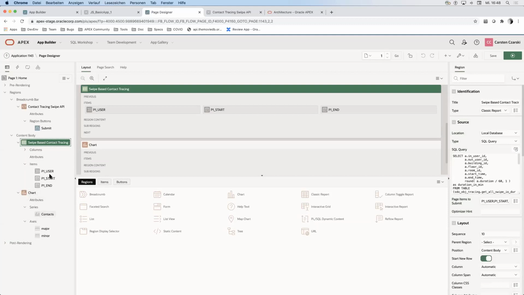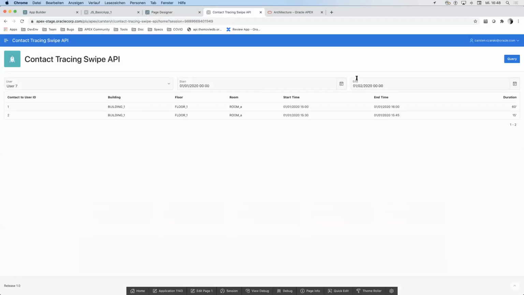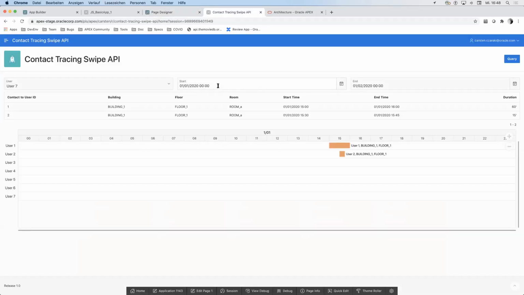And what we also have is, again, a select list, and start and end date pickers, which we have been using to determine the tracing duration, the start and end of the tracing area which we want to have a look at, right? And like this, you can visualize and build your UI on any other data feed which is accessible by